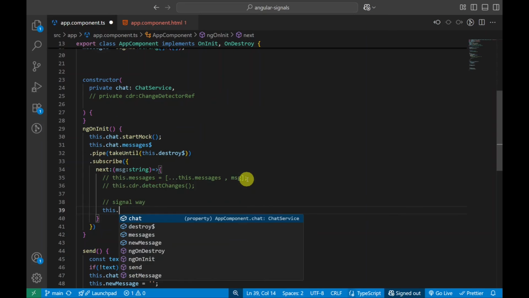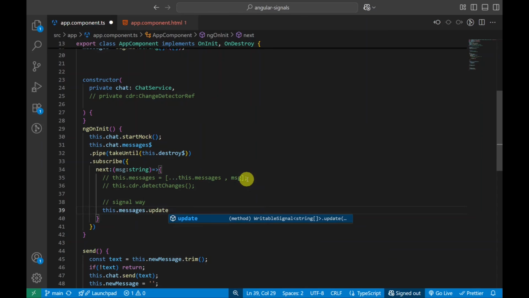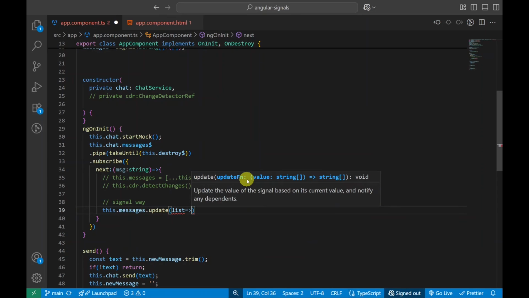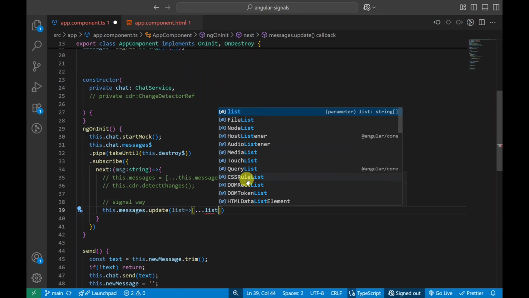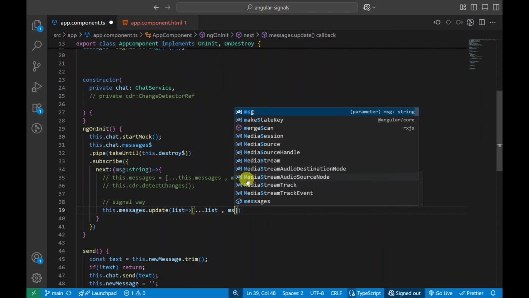Inside the subscription, instead of reassigning the array and forcing change detection, I simply call this.messages.update to append the new message. Signals automatically trigger UI updates, so I don't need ChangeDetectorRef anymore.